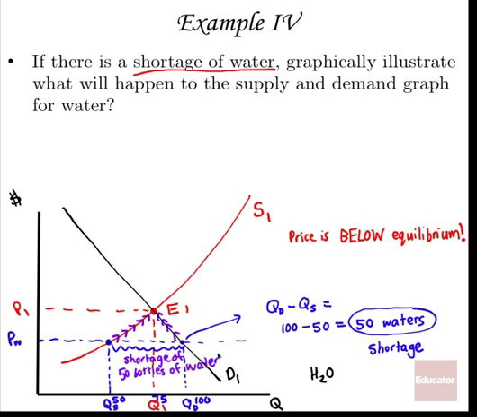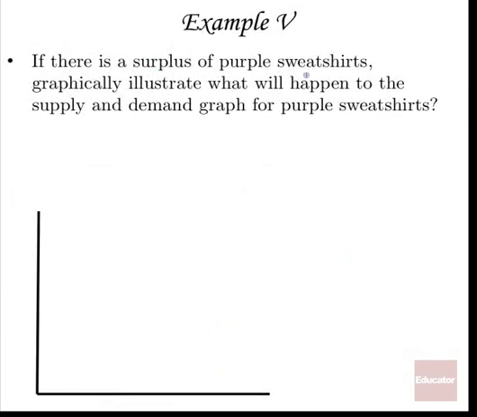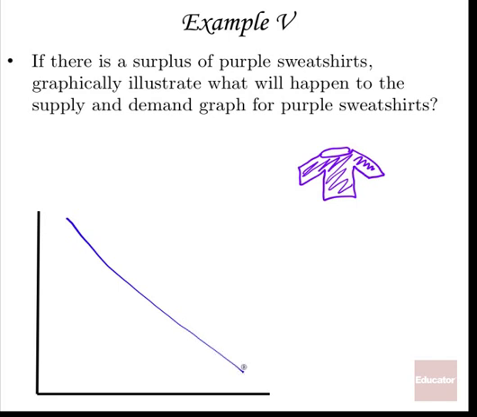So moving on to the next example here. So if there's a surplus of purple sweatshirts, let's go ahead and draw a purple sweatshirt right here. So if there's a surplus of purple sweatshirts here, graphically illustrate what will happen to the supply and demand for purple sweatshirts. So let's draw a graph here. The quantity. Here's the supply. Again, by now, drawing these supply and demand graphs should be pretty much second nature. Being able to draw the right